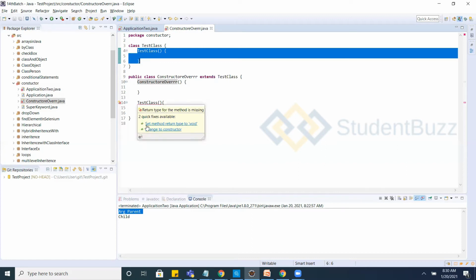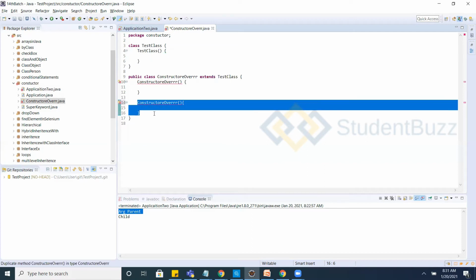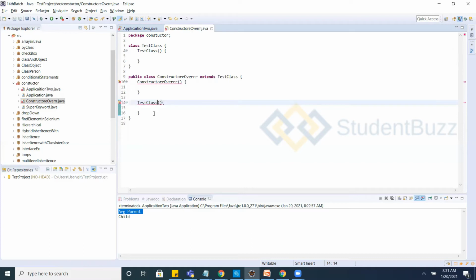It is asking to set the method return type void, or change to constructor. I'll change it to constructor. It's a constructor, right? It is saying to use the same class name, or otherwise give a return type. I'll give this public, maybe that is the issue. Still it is having this issue.